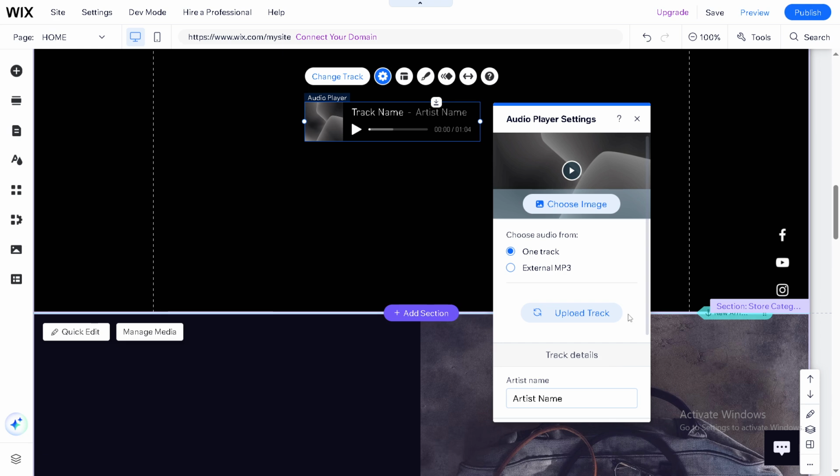There are two ways of doing this. If you already have the audio file you want to use ready, click on the Upload Track option and proceed to upload your audio file from your local storage. On the other hand, if your desired audio is an online resource in the MP3 format, the process is slightly different. Instead of uploading a track from your local storage, you would choose the option labeled External MP3. After selecting this option, you will be required to paste in the URL